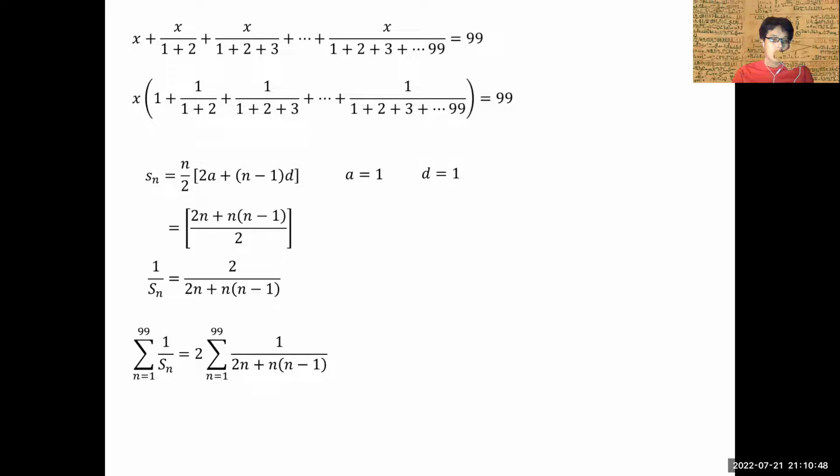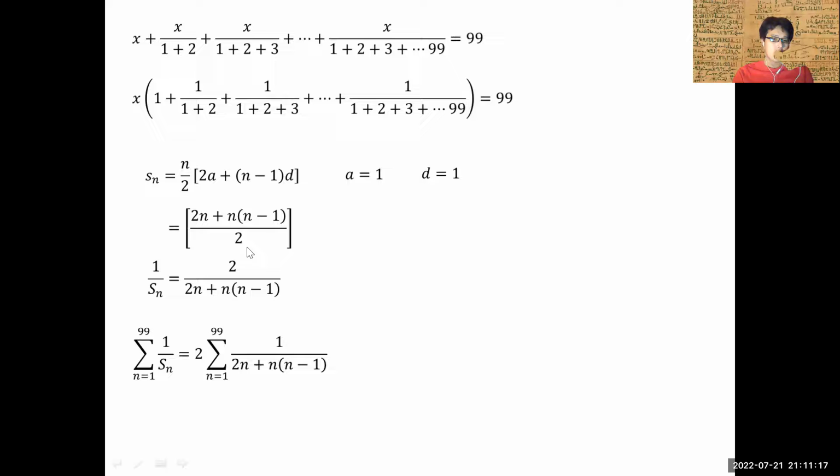This whole series is the sum from n equals 1 all the way to 99, and by the way there are 99 terms, of 1 over Sn. If I take the summation over here,